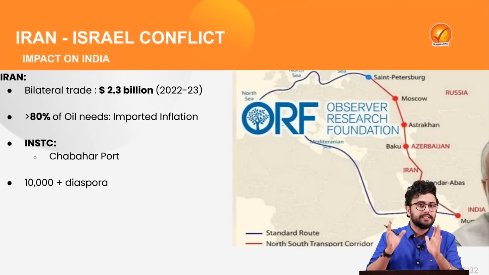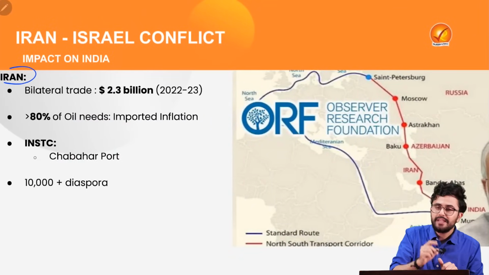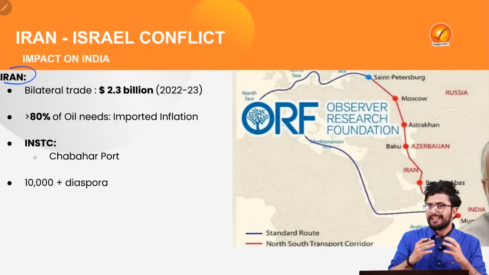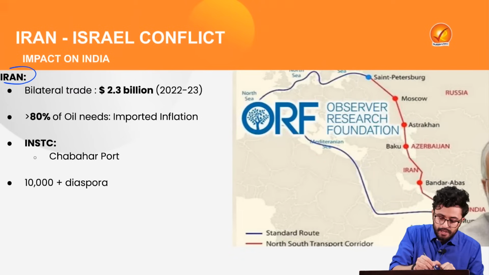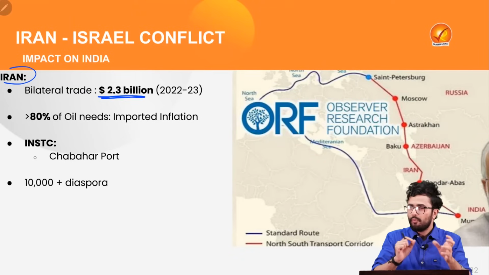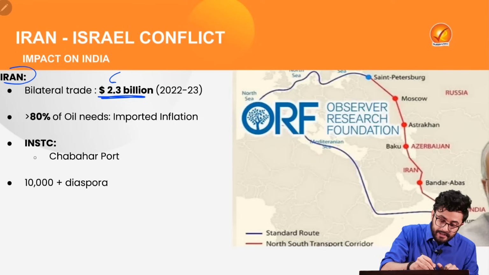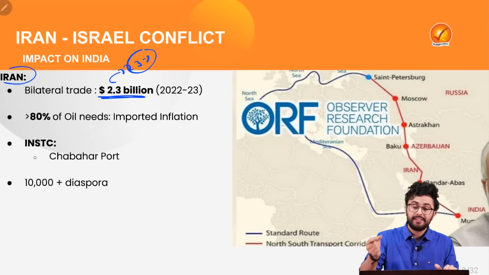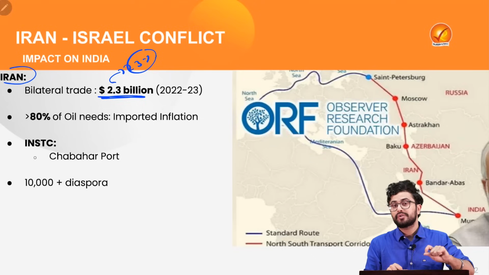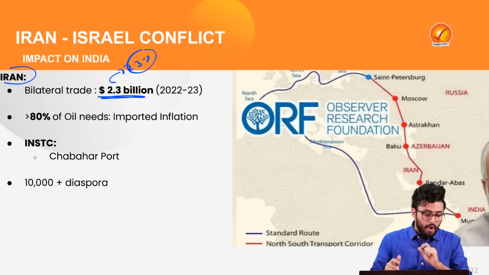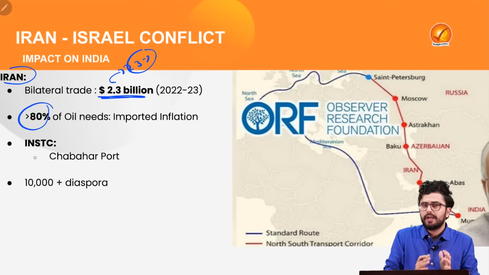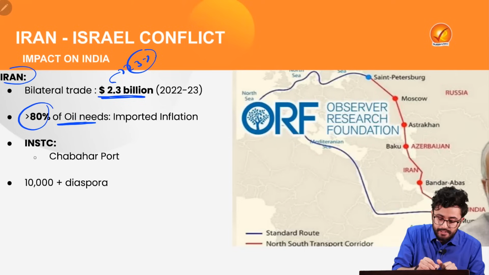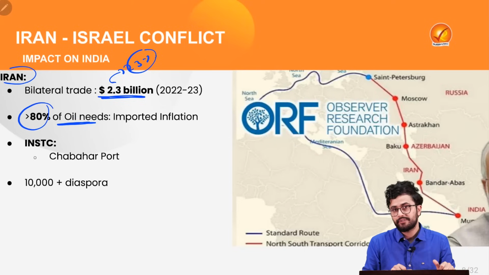On similar lines, India also shares a very strategic tie with Iran, where our bilateral trade, even though it is not as big as Israel's, stands at around $2.3 billion and increased 23% in recent years. Keep this in mind that it was significantly impacted because of the sanctions under CAATSA. Also, as India is a heavily import-dependent country when it comes to our oil needs, with more than 80% reliance,